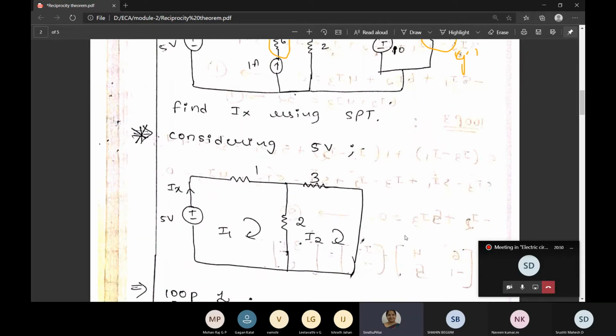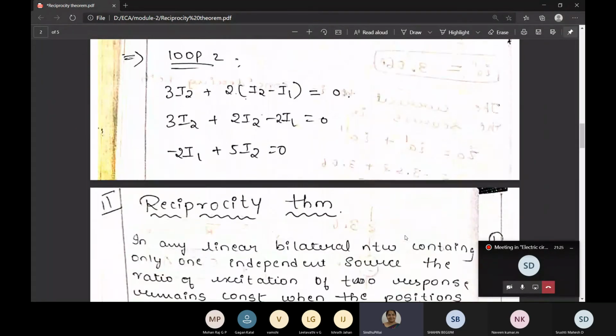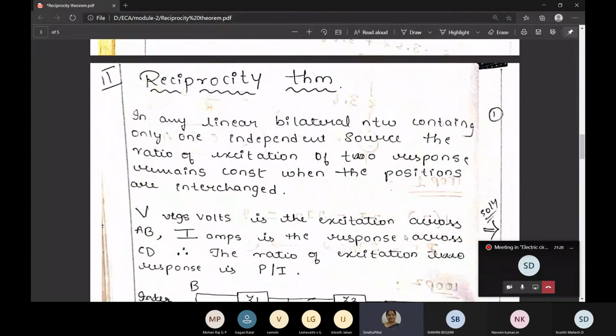This is about the superposition theorem. In the superposition theorem, check how many independent sources there are, both current and voltage sources. Take one source at a time, and for the other sources, if they are voltage sources, short them, and if they are current sources, open circuit them. Then find the required voltage or current across the given branch. You can go with mesh analysis or node analysis. These are some examples of the superposition theorem. Many more examples will be done during revision.